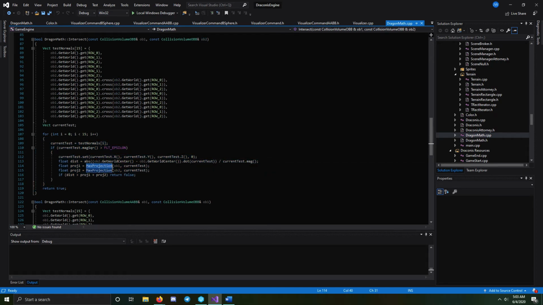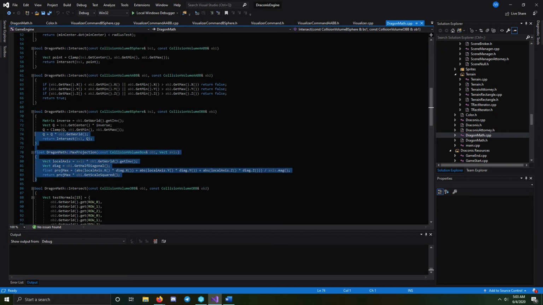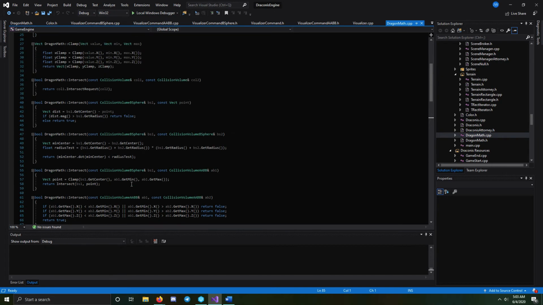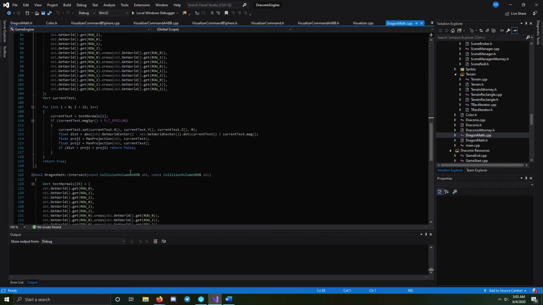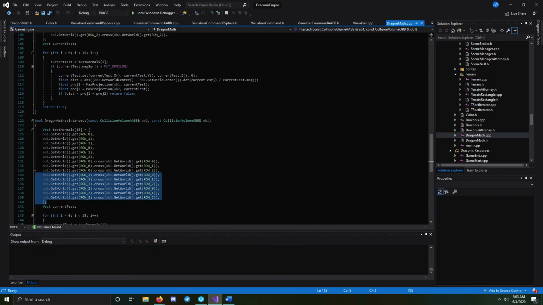And then we just test for max projection, which is this function up here. So the functions themselves are all fairly short, it's just sometimes the initialization looks a little ugly. Alright, and that's all of the Dragon math for